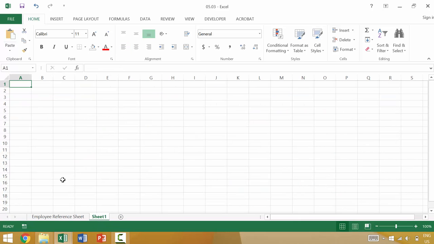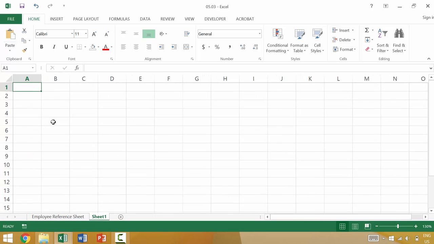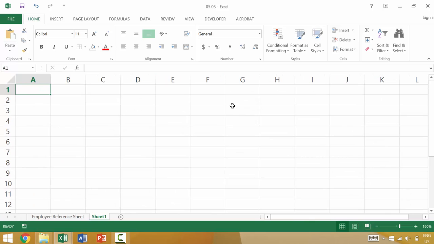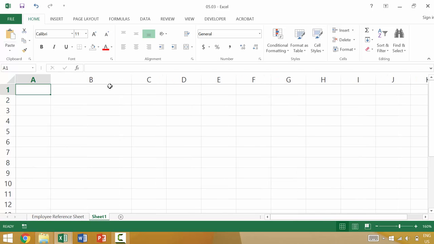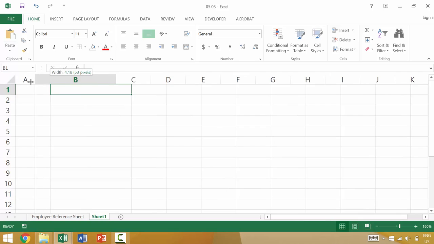It's pretty straightforward. When you first create a worksheet, generally all of your columns are going to be the same width, and all of your rows are going to be the same height. So if you want to change an individual column's width, you can do so by coming up to either the right or the left portion of that column. You would get your cursor so that it becomes this little black line with arrows on either side, and you can drag to the right to make it larger, or you can drag to the left to